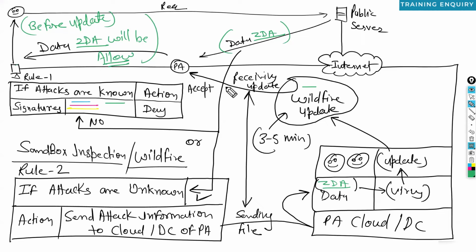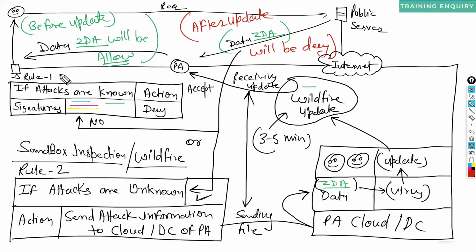But when the file is submitted to the cloud, the data center will give you a WildFire update, and you will accept the update and the firewall will place the update in the database. Now the firewall has a prevention technique. Now we can say after the update, ZDA, a zero-day or unknown attack, will be denied, but before the update,